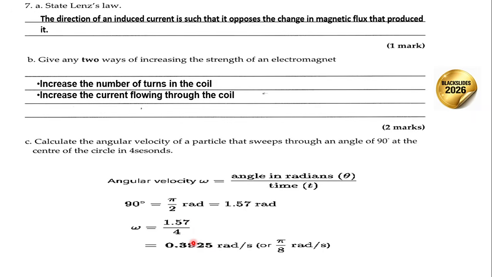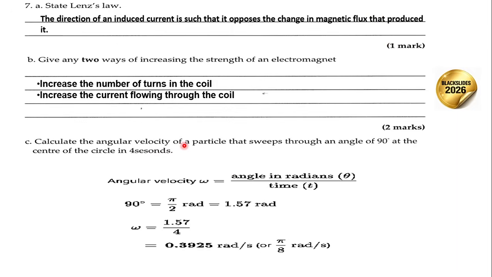It will be safer to keep this to two decimal places. Or if you want, just one significant figure, because the given numbers are to one significant figure, therefore it is appropriate to leave the answer to one significant figure as well. So I would prefer if this was 0.4.